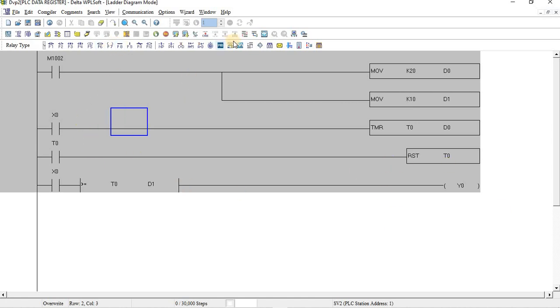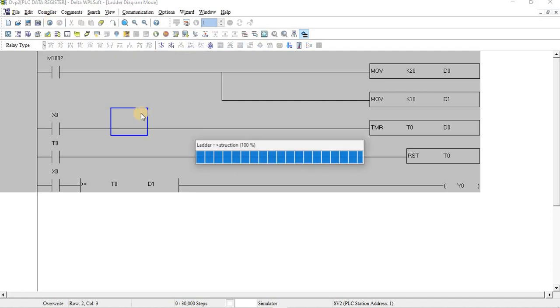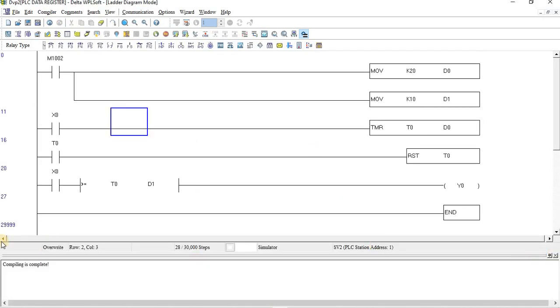Okay, now we'll compile our program. How to compile our program? First I will go into simulation mode, because currently I am not connected with a physical PLC. After clicking simulation mode, I have to compile my program, like I have to check if any error is there in my program or not. To check for errors, I can press the code here, or I can go into compiler and press this one, right? So my PLC is compiled, compiling is complete, there is no error, right? So I am good to go.